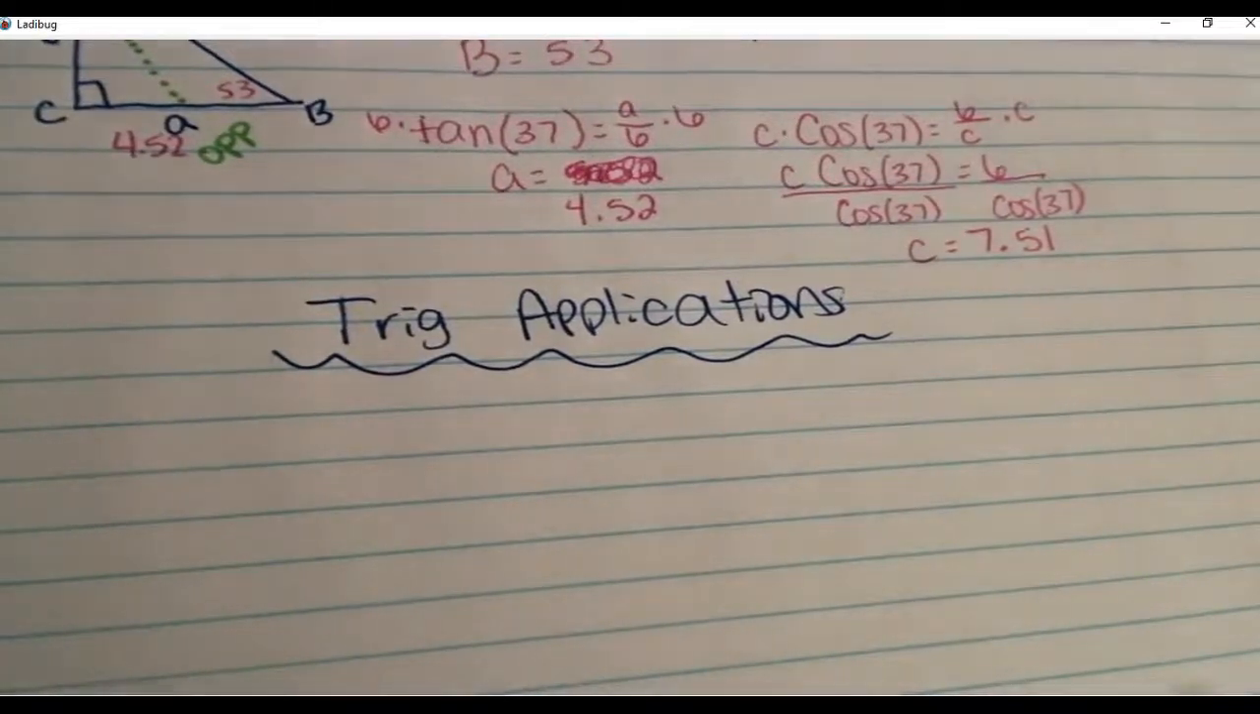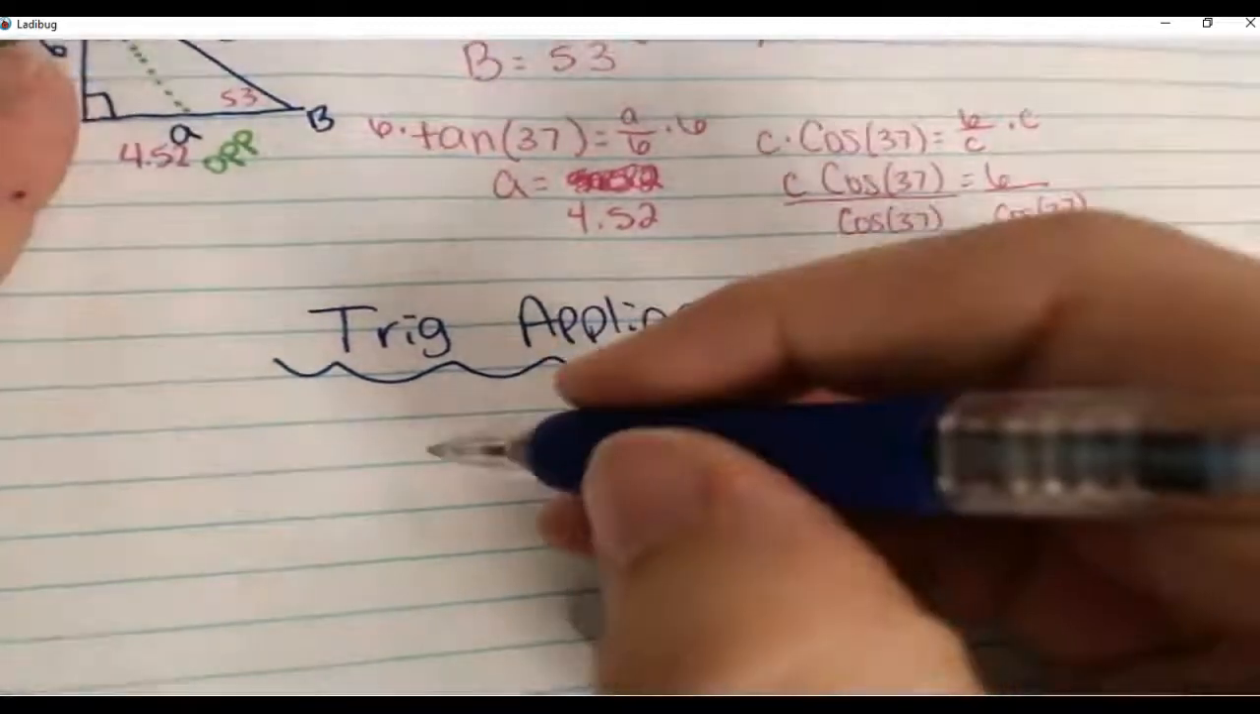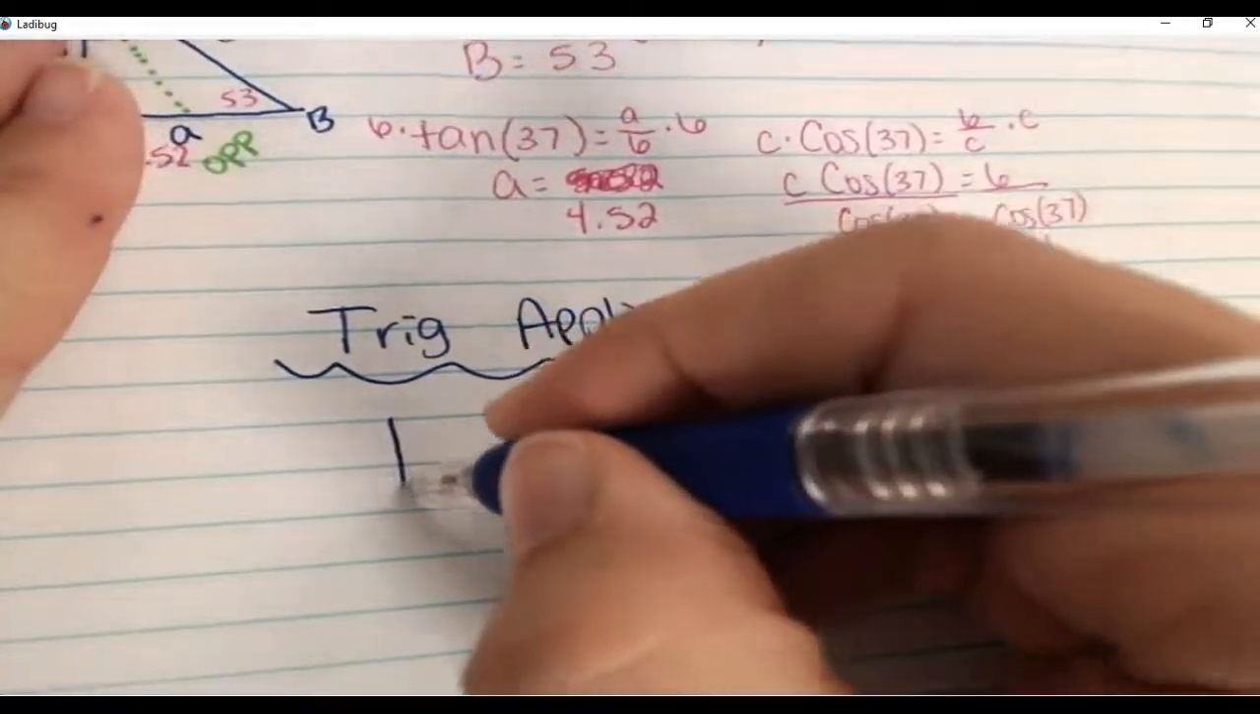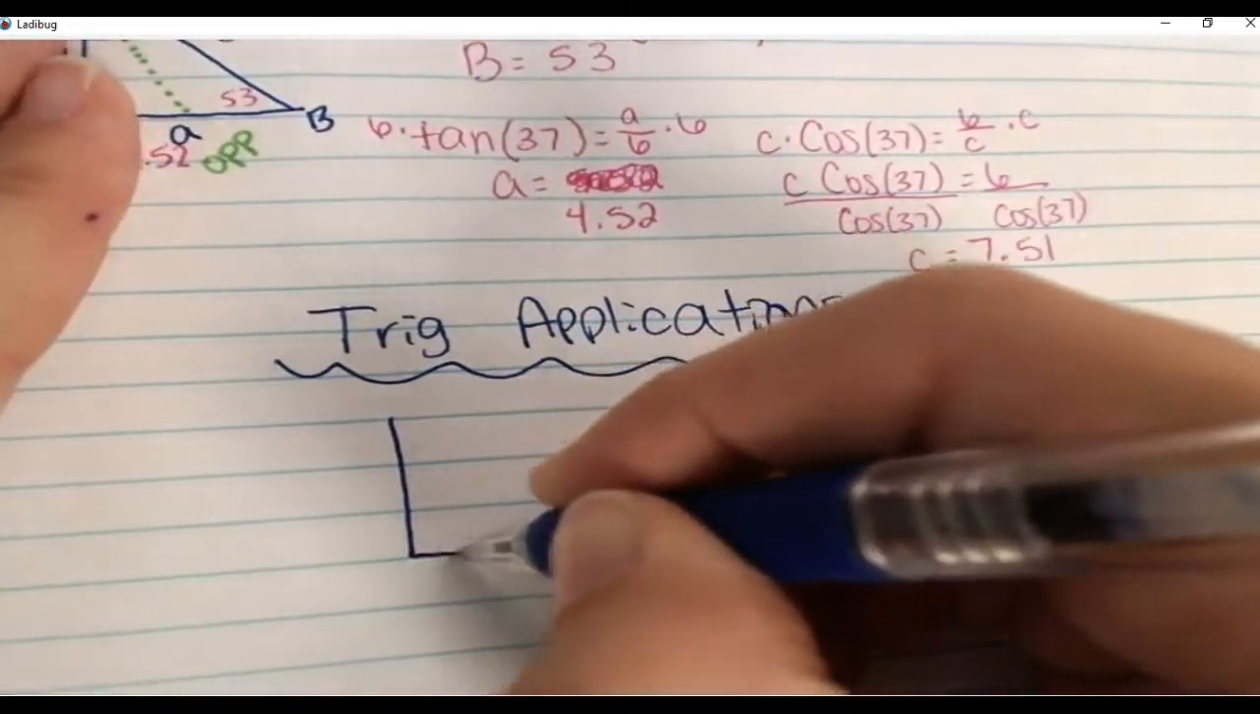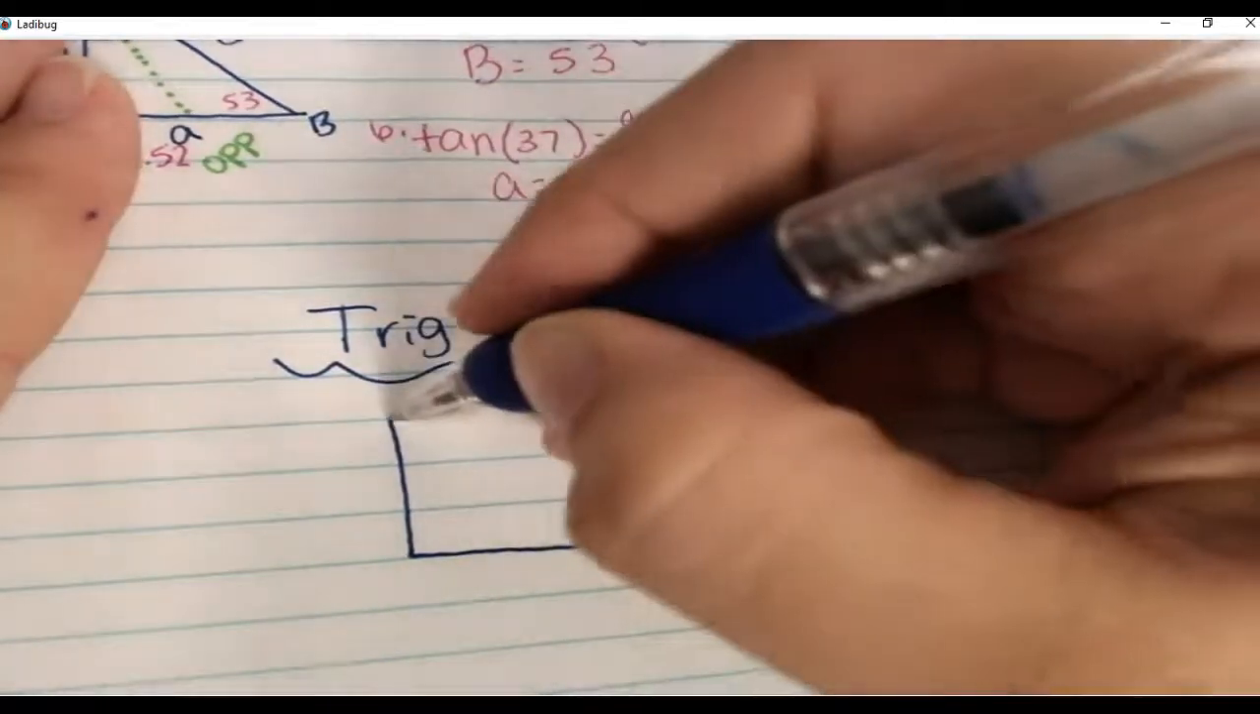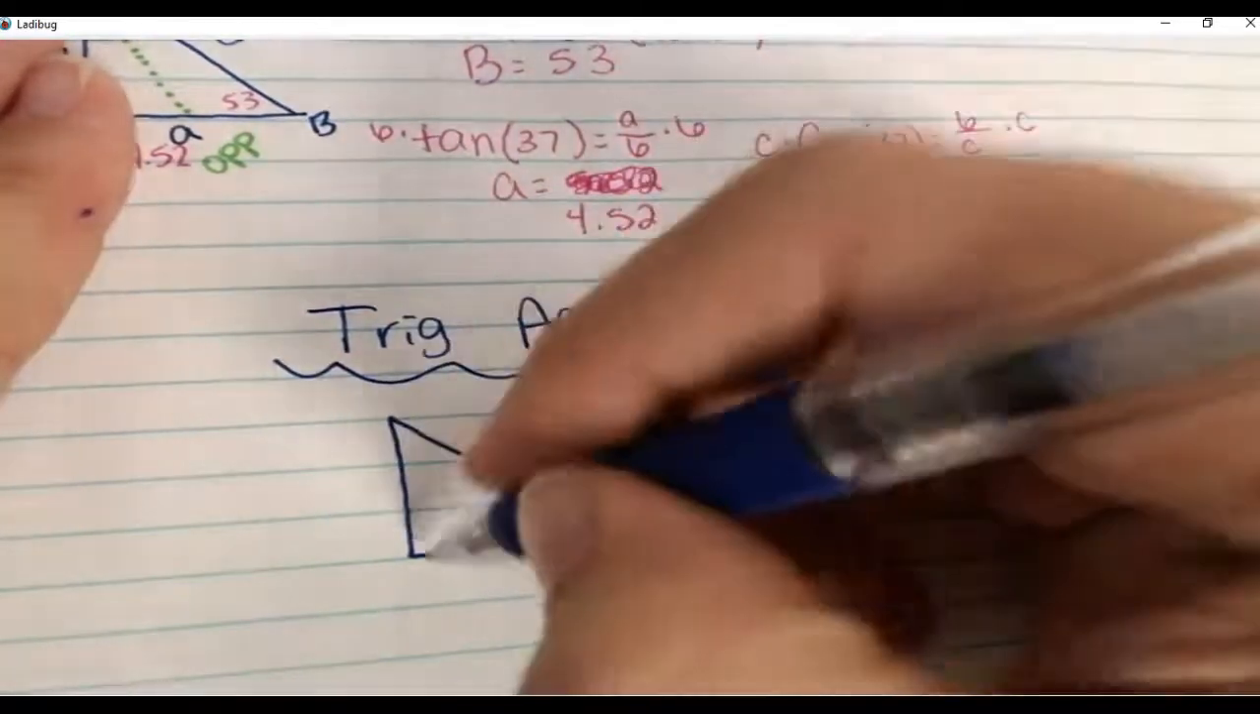So in trig applications, you're just drawing a picture of what's happening. Sometimes it'll tell you everything that you need to know. It'll tell you what angle and stuff, but sometimes it says angle of elevation or angle of depression. If it says those words, then you're drawing your triangle based off of the eye